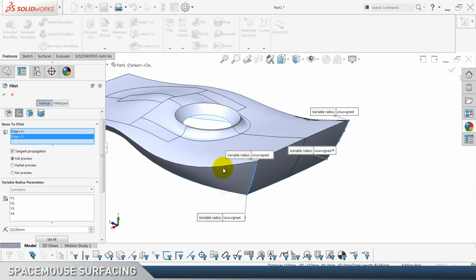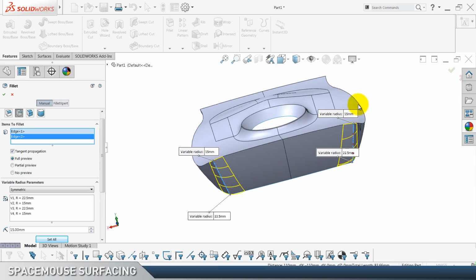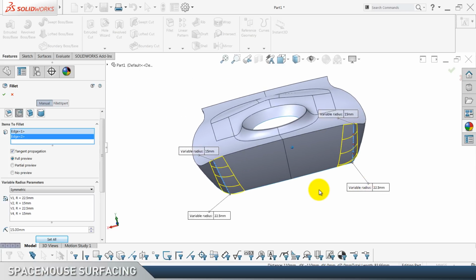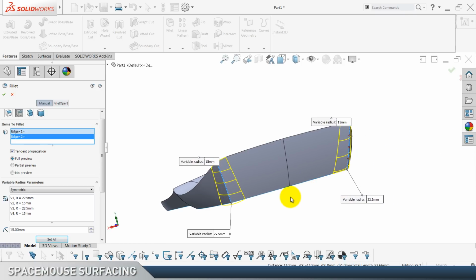And let's click here and type, for example, 22.5 and set all. And now let's change this one to 15 and this one to 15. So we want top of these edges to be 15 and bottom 22.5, because that's how pretty much our model